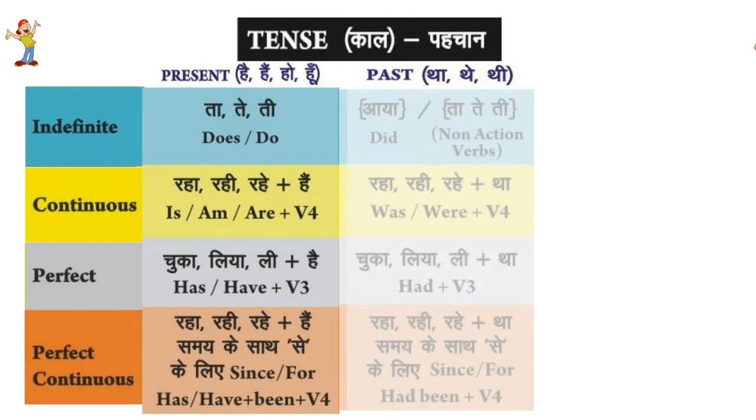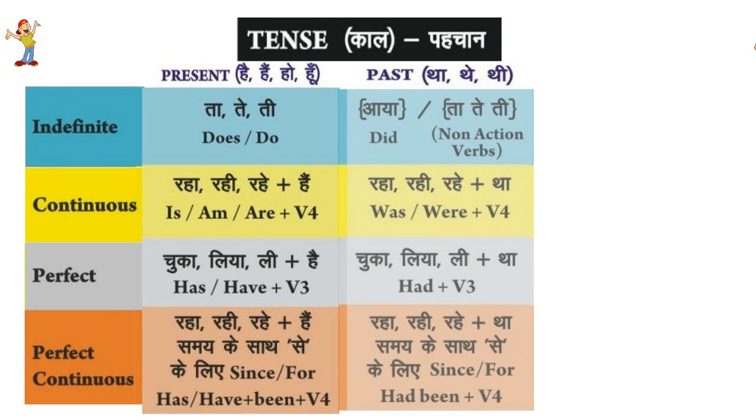In past continuous, we use raha tha, rahi thi, rahe the, and the helping verb is was and were, plus verb fourth form, which is first form plus ing. Past perfect, we use chuka tha, chuke the, chuki thi, liya tha, li thi, and the helping verb is had plus verb third form. And past perfect continuous, where we use raha tha, rahi thi, rahe the, wherein we also